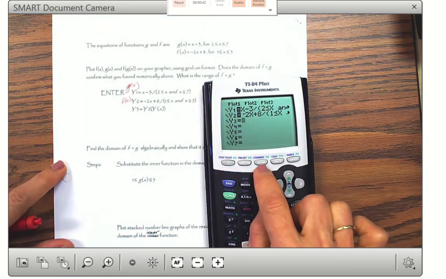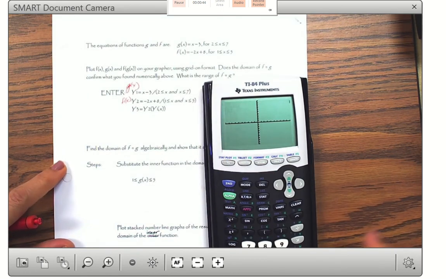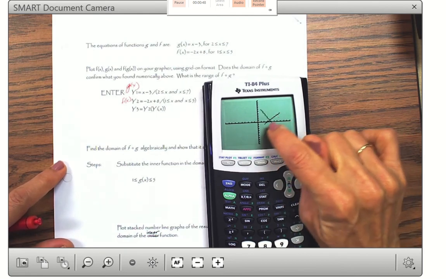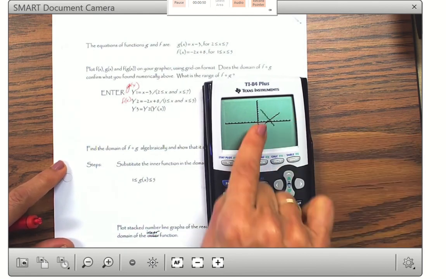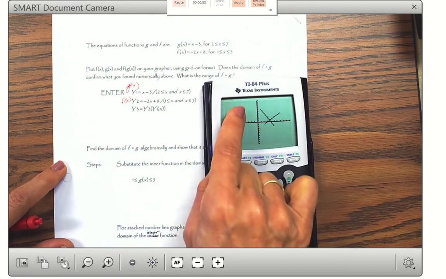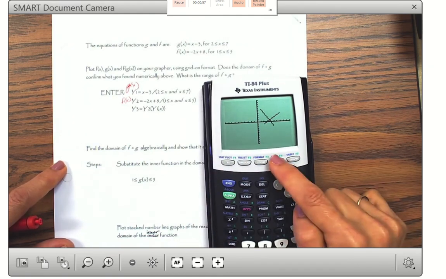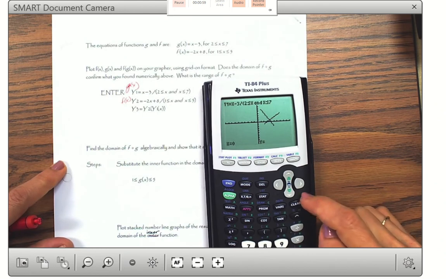So I'm going to graph those, and I'm going to do a zoom 6. And we have the line y equals x minus 3. That's our F. And then we have this down line, which is y equals negative 2x plus 8. That's my G. If I go to trace,